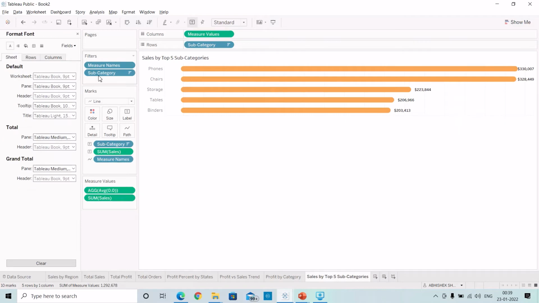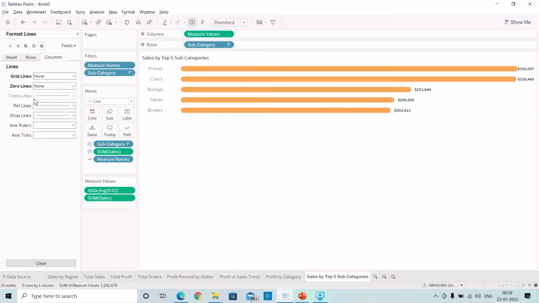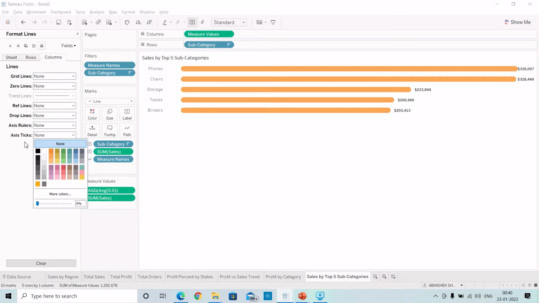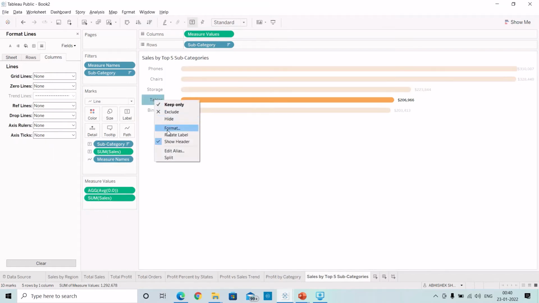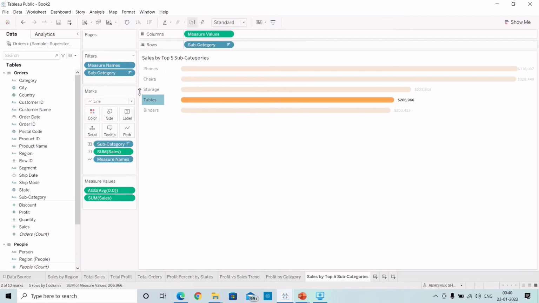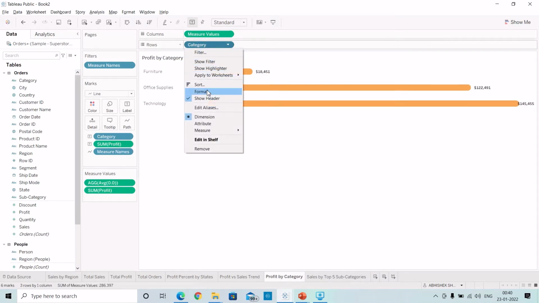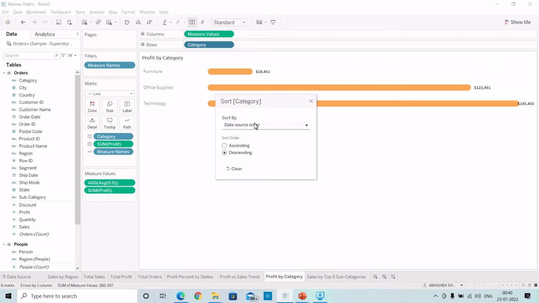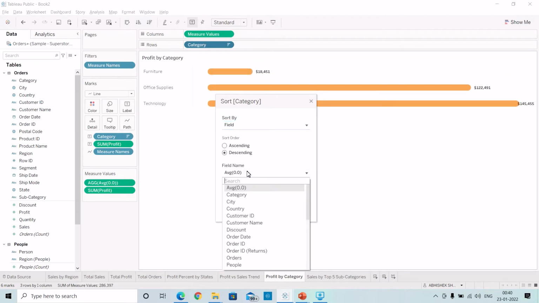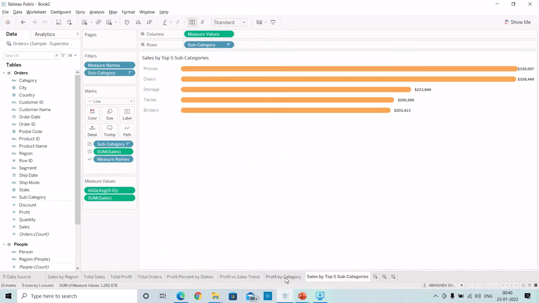Let's remove the grid lines, format, make everything to none, right, format this and make it to the right. Similarly, profit by category, let's sort it in descending order by field, which is sum of profit. Right,